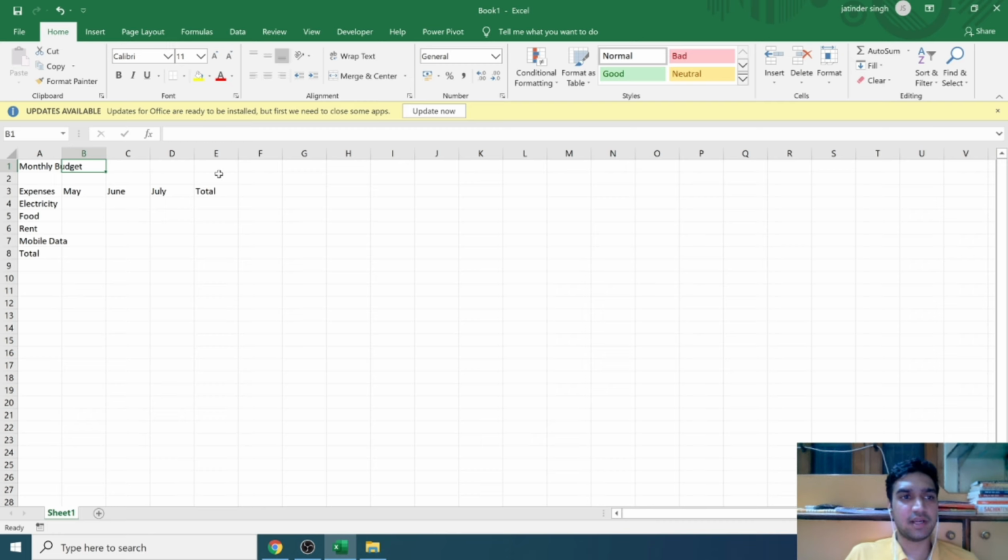Right now what we have done is we have prepared a basic structure in front of us. So what I want you to do is you can also add some more columns. You can add some more months here. You may also add some more types of expenses which you have incurred. So you might not need to completely follow this pattern over here. You should just know the basic structure and you can prepare a table of your own.